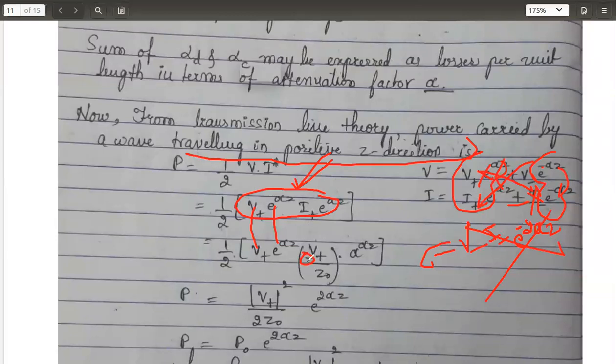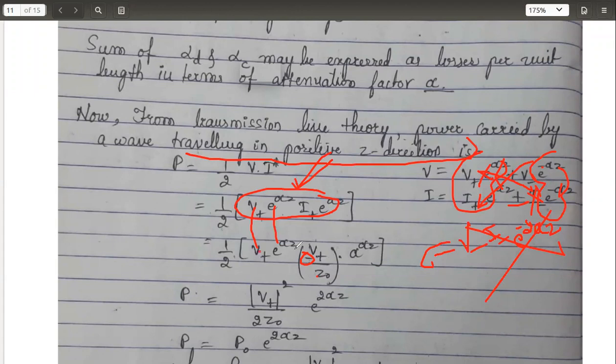This negative sign, actually I have taken it from the first module, when we converted all these current values in terms of voltage, that is I plus and I minus. Try to recall in the first module, first topic. We have expressed I plus and I minus in terms of v plus v minus, because we have four unknowns, v plus v minus, I plus I minus. Out of four unknowns, we have only two equations, so we cannot solve them. For that, what did we do? I plus and I minus, we have converted them to v plus v minus. So from that I have taken, or otherwise you can take I equals to v by r. Fine. So this is simplification.